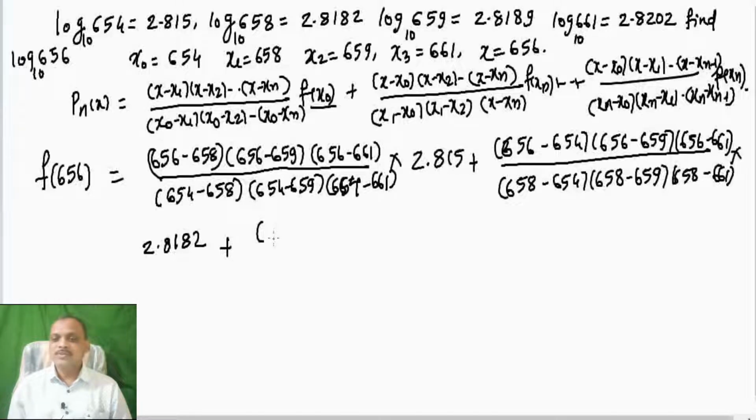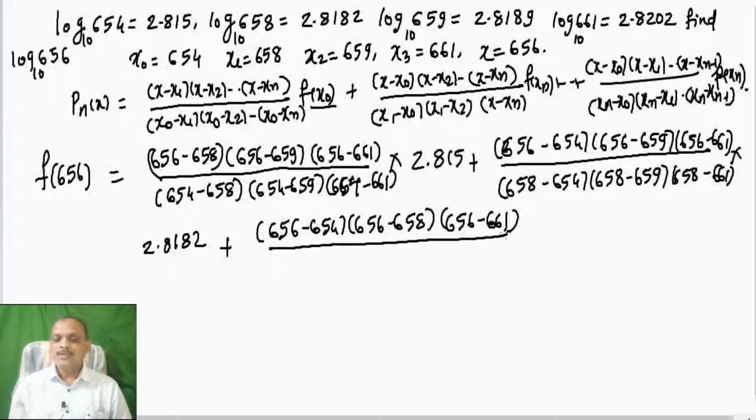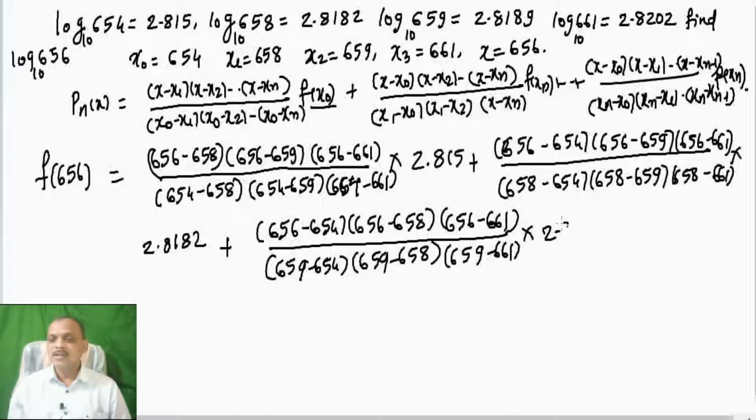x2. x2 is 659, so 656 minus 654, 656 minus 658, 656 minus 661, divided by 659 minus 654, 659 minus 658, 659 minus 661, into f of x2. f of x2, for 659, is 2.8189, plus the last term will be